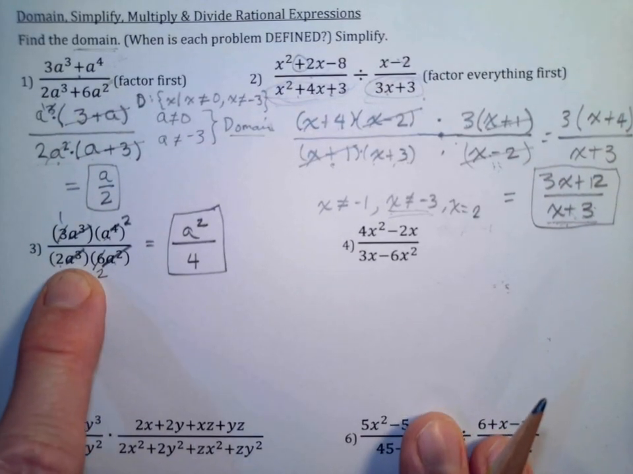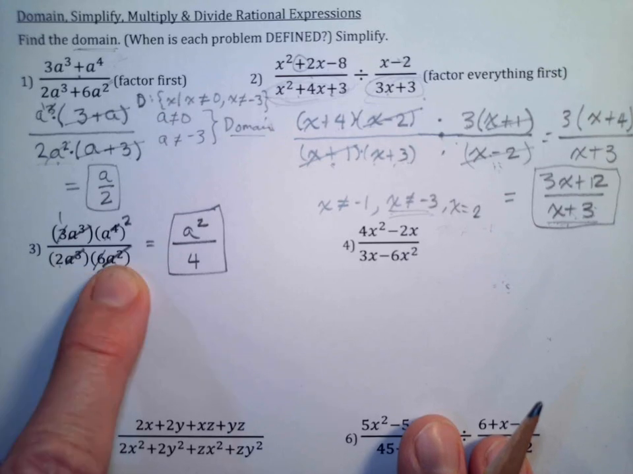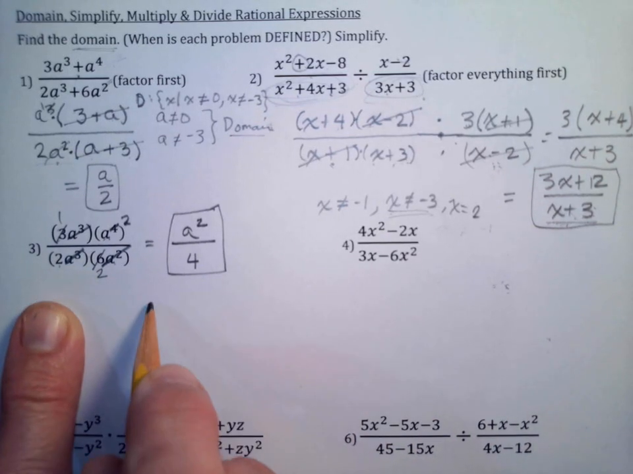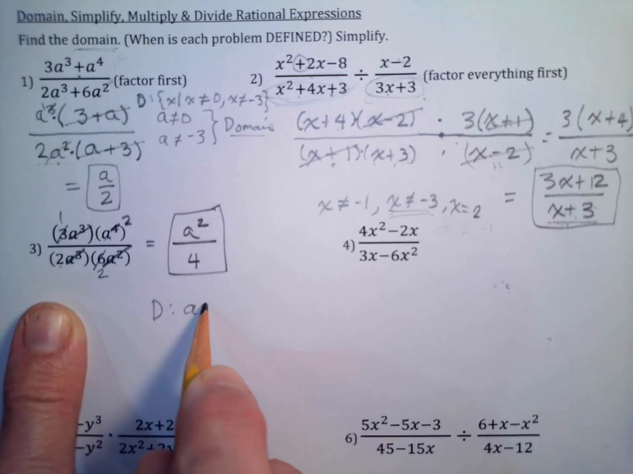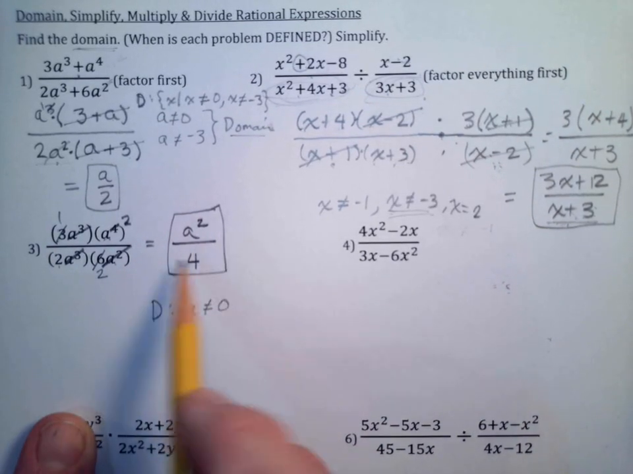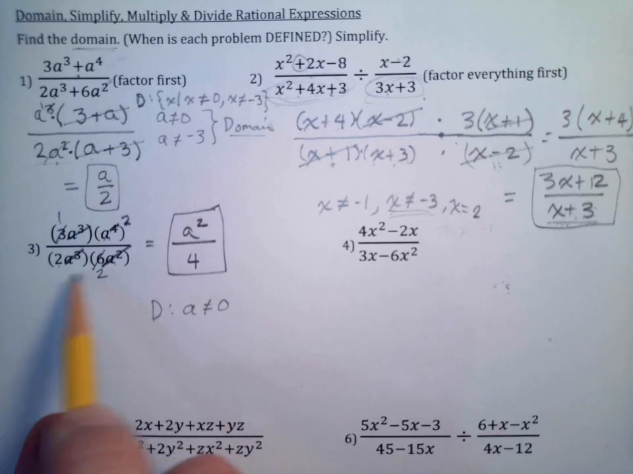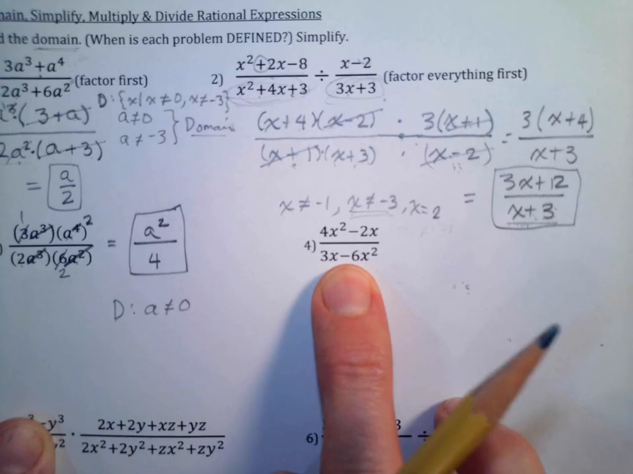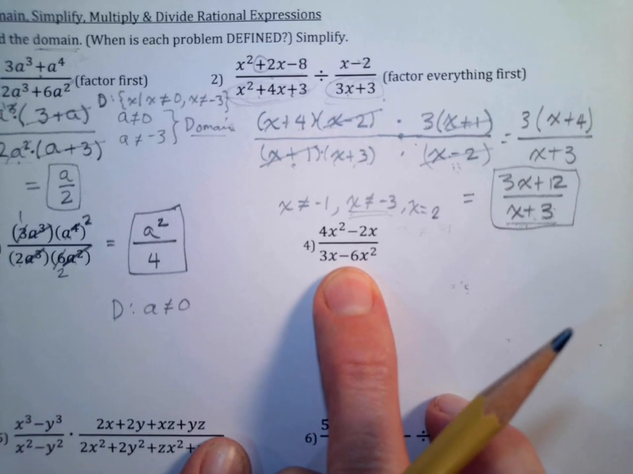And for this one, I guess the only thing that would make this original problem undefined would be a equals 0. So the domain for this one would be that a cannot equal 0. Even though that doesn't apply here, if it had applied, it would have made our original problem undefined. Okay, so anything that makes this denominator